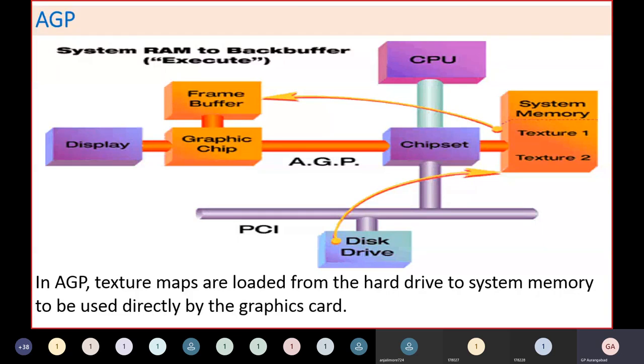That bus becomes so fast that even a normal CPU can do this processing, because now you don't have a single core CPU, we have a multi-core CPU. And that is why mathematical computation, processing and memory and transfer of data becomes relatively fast. That is why you don't exactly require an AGP.